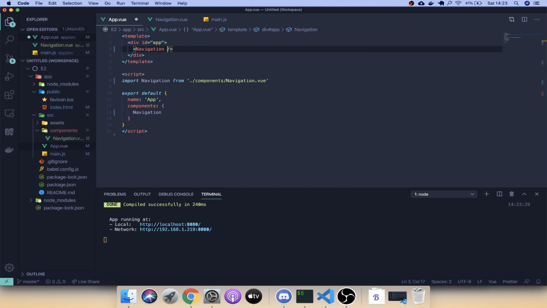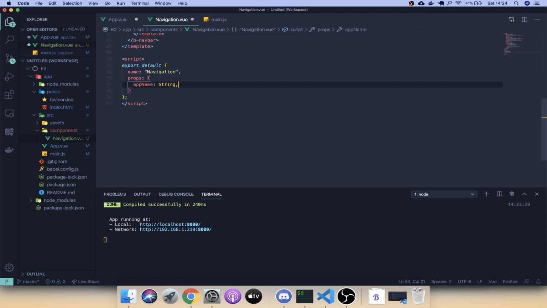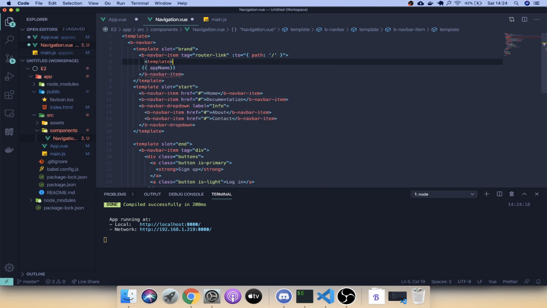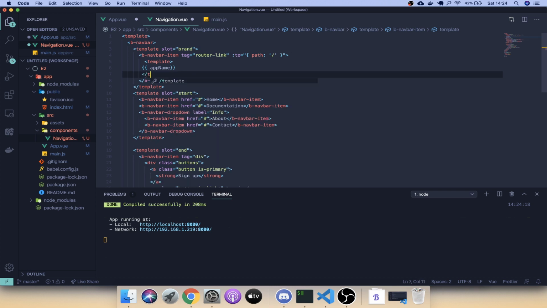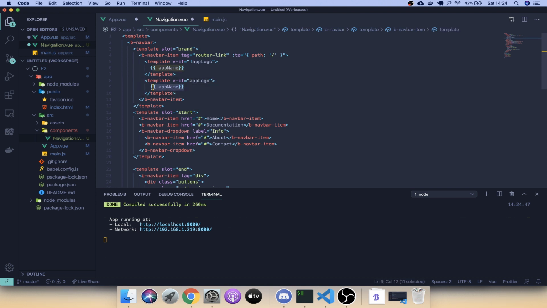So actually what we can do instead, maybe we can make this even more clean by saying app name, and then we can have app logo. The app logo we put in here needs to be a string. It just needs to be the URL to the logo. Then inside here we can make a template. What we want to do here is check if the app logo is empty, and then have one where the app logo is not empty. So if the app logo is not empty, we want to say img source, and then we want to put in